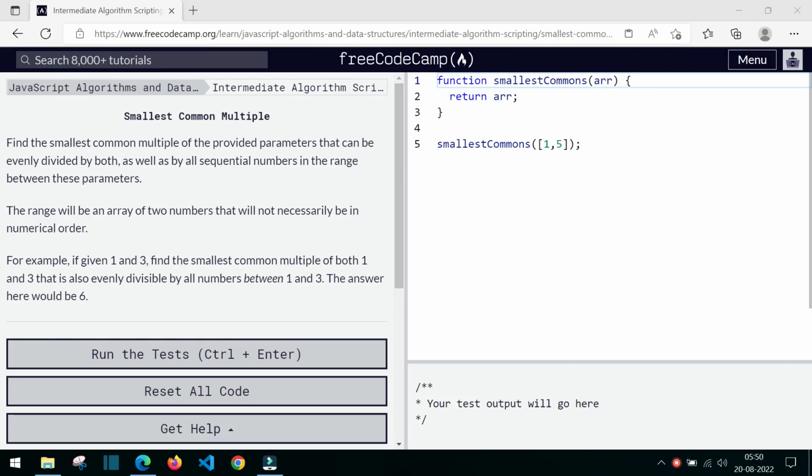Here we have to find the smallest common multiple. Smallest common multiple is nothing but LCM, we can call it LCM. So smallest common multiple can be called LCM. But here the LCM will be a little bit different. For example,